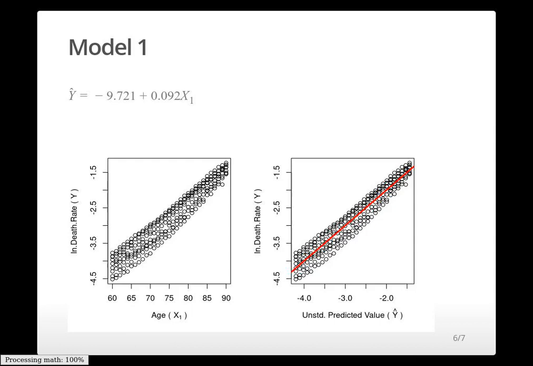In this slide, the left panel is a copy of the right panel in the previous slide. The right panel is a plot of y by y hat, predicted not just from age, but from age and year together. In the left panel, circles scatter quite narrowly around the red line, but in the right panel, all of the circles are very close to the red line, which means, for each of those points, the value of y and the value of y hat are almost the same. By comparing the results of Model 1 in the left panel, and those of Model 2 in the right panel, we notice that, by using not only information on age but also information on time, Model 2 has notably improved the accuracy of prediction, in comparison with Model 1, which used information on age only.